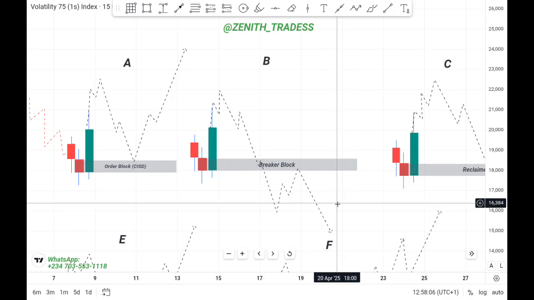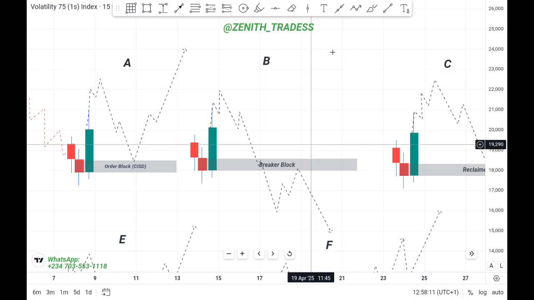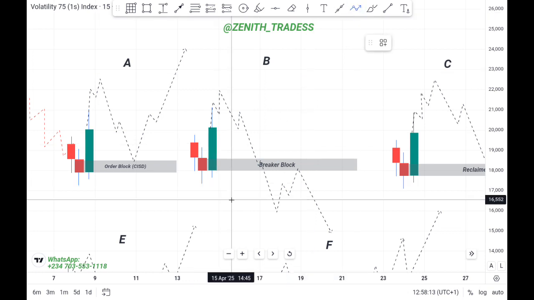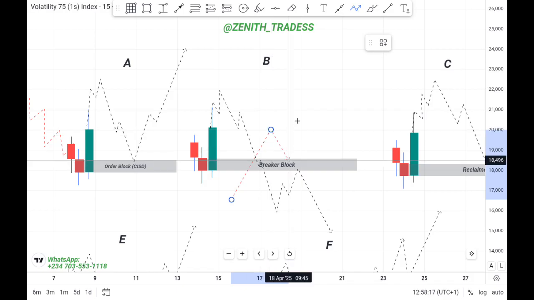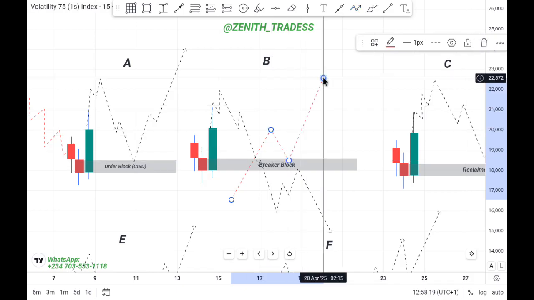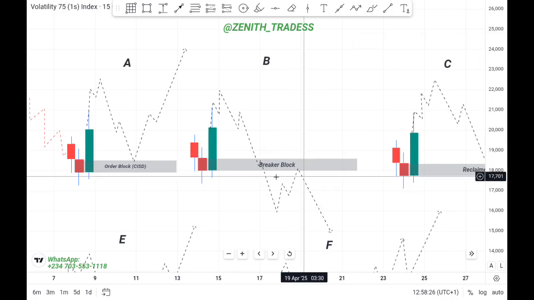This is for the bearish scenario. If it is for a bullish scenario, it will get broken, then retested, and price will continue with its bullish move. It's as simple as that. So this is a breaker block now. Now for mitigation,